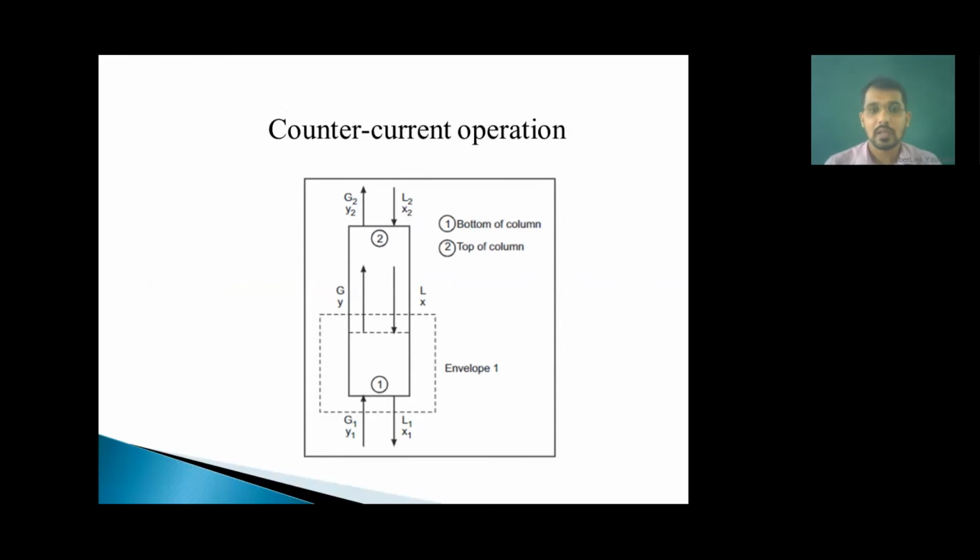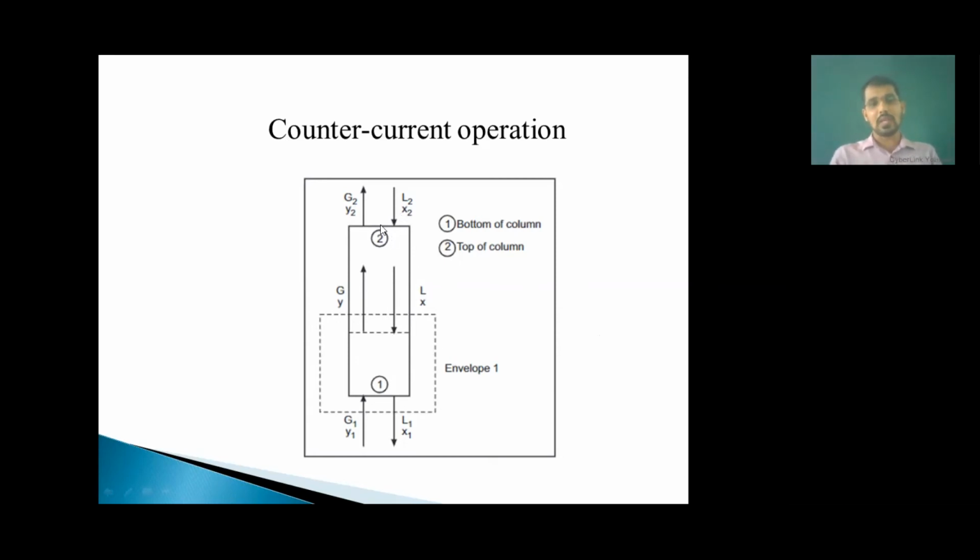And you can see here capital G is the flow rate for the gaseous stream, and capital L is the flow rate for the liquid stream. Okay, so for the inlet I can write capital L1 and capital G1, and for the outlet I can write capital L2 and capital G2. Clear? Now we will see, at any random position, that will be capital L and capital G. You can see here the random position, meaning any point, for the inlet like this, for the outlet like this.